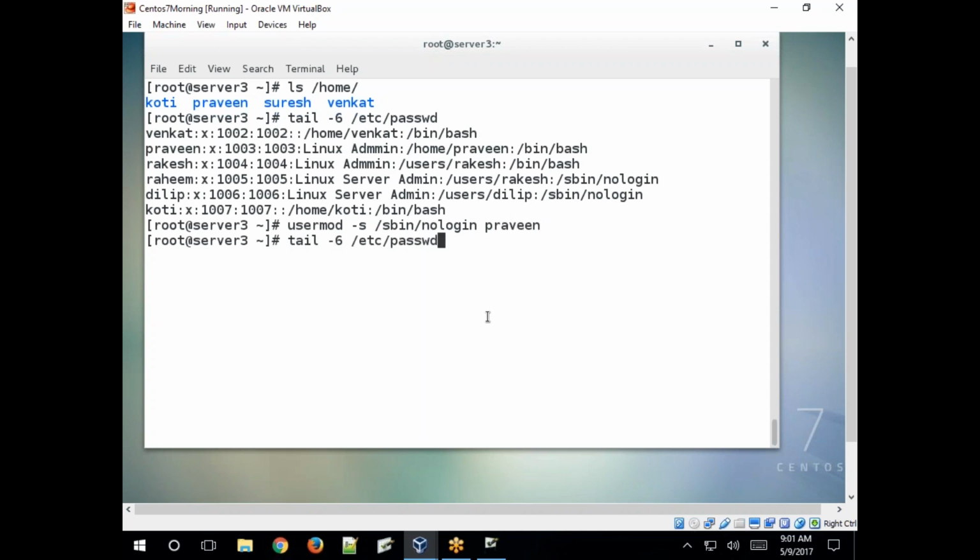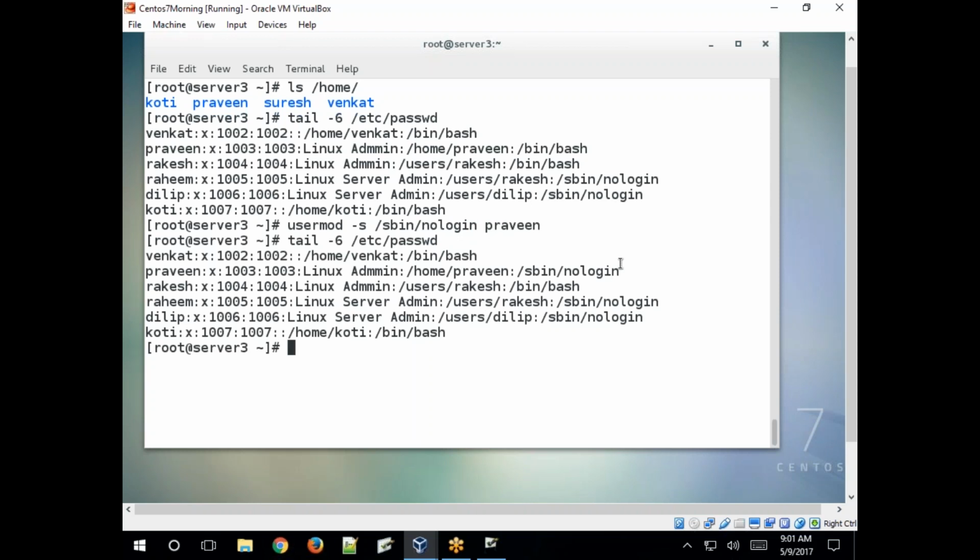Now execute. Tail. Modified, right? Like this. The shell has been changed to /sbin/nologin, home /home/Praveen, Linux admin.